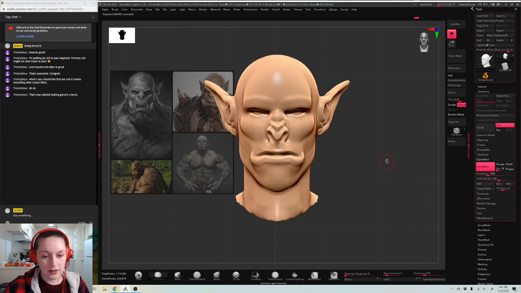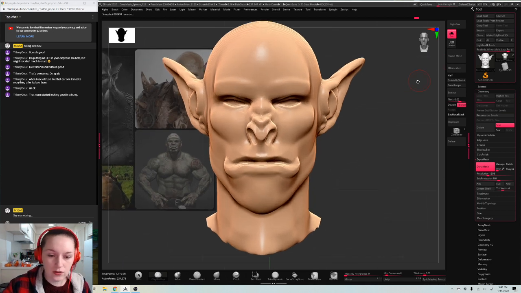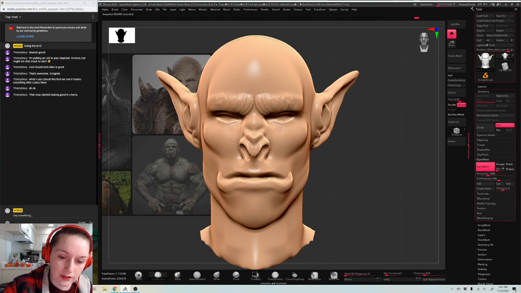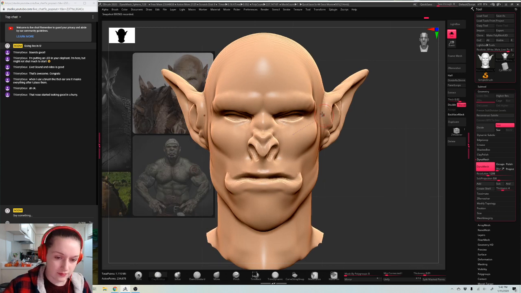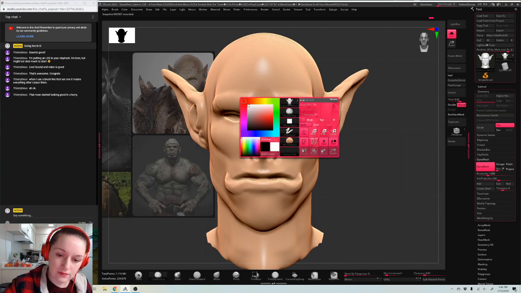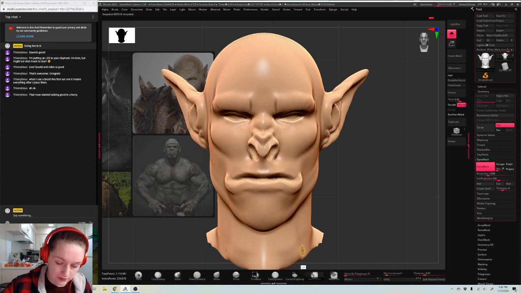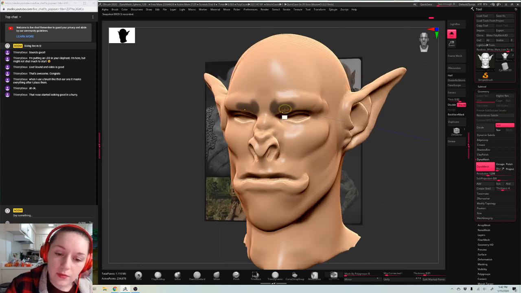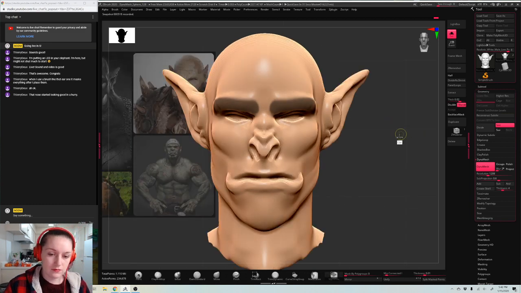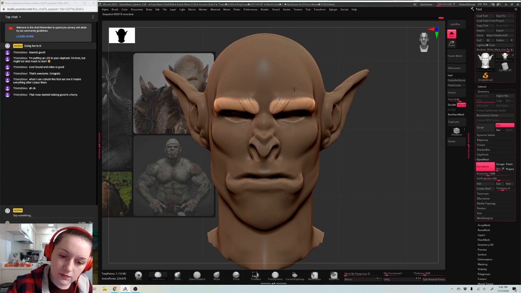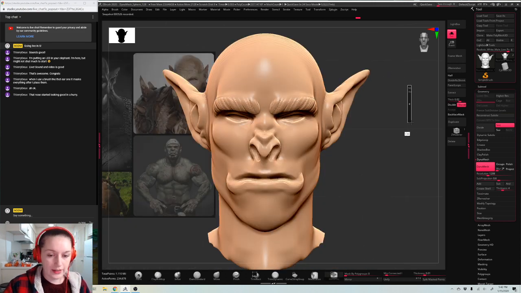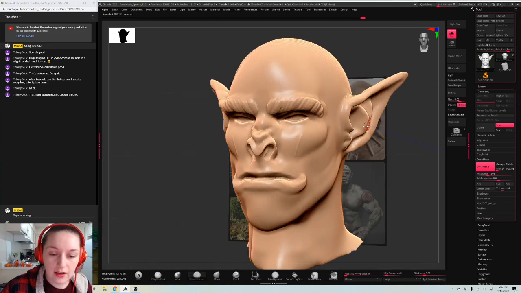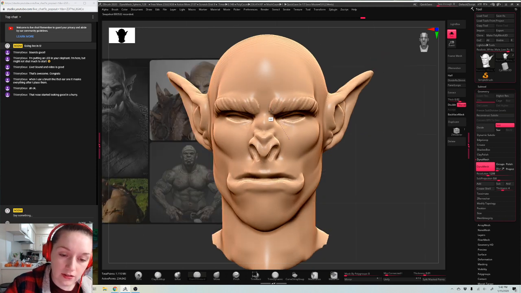Okay, let's go ahead and give him some eyebrows too. But first I want to really exaggerate this brow bone here. Oops, wrong masking brush. There we go, some really heavy eyebrows. I'm actually gonna go through with Damn Standard and detail it a little bit right now. Usually I do this way later on, but